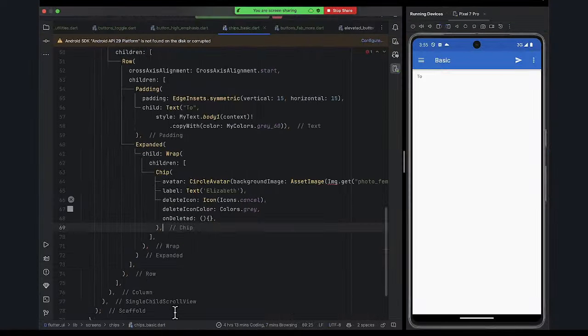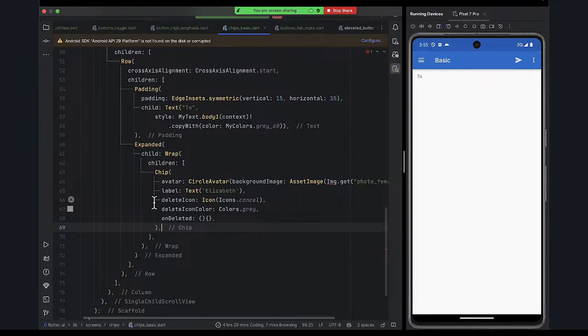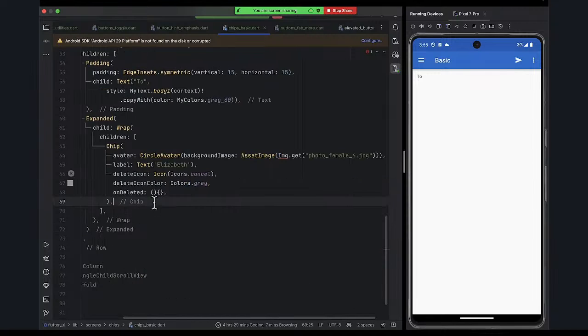Let me explain the first chip. It's a UI that comes with a place where you can put an avatar or an image. You see here we put a circle avatar, and then we pass one of the images from our